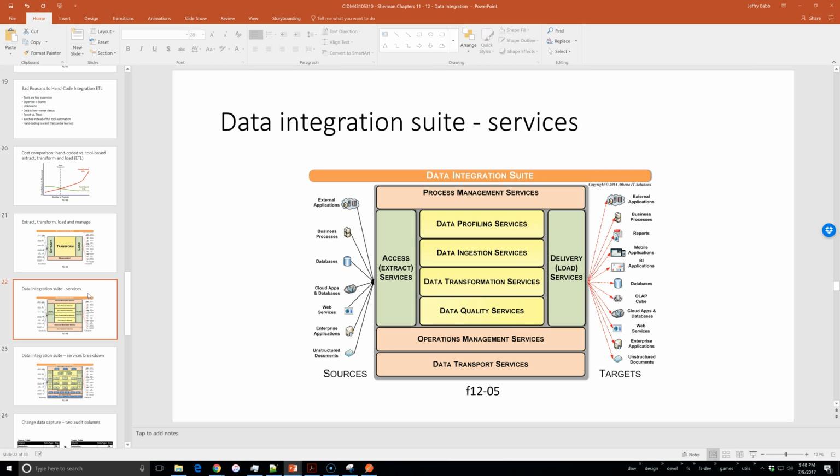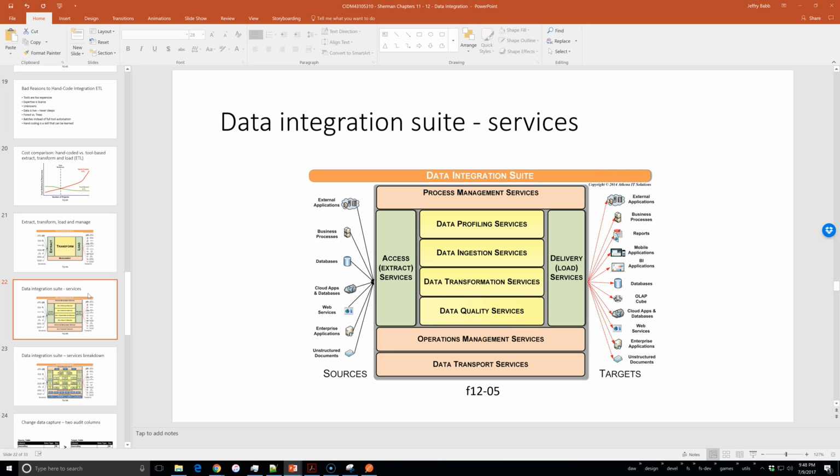It's going to have process management services to kind of keep track of the entire process as a project. We're going to have access services, things that'll help you connect to certain well-known types of data, profiling, ingestion, transformation. So ingestion is even that process of the import that we did with the open flights data. Data quality, things to flag. So in many ways, when we were trying to do our imports with the open flights data and we ran into issues,